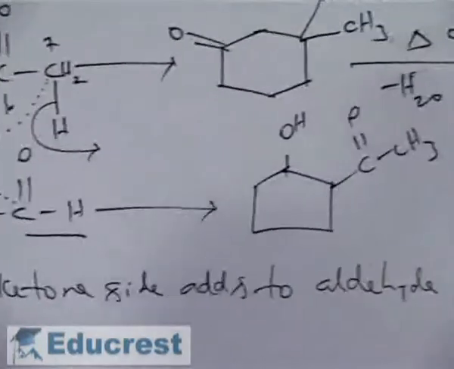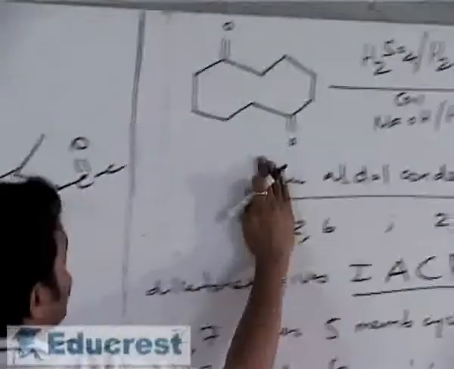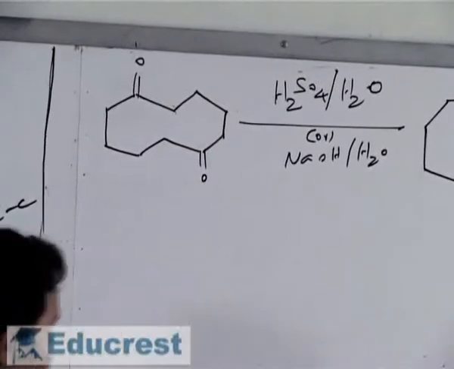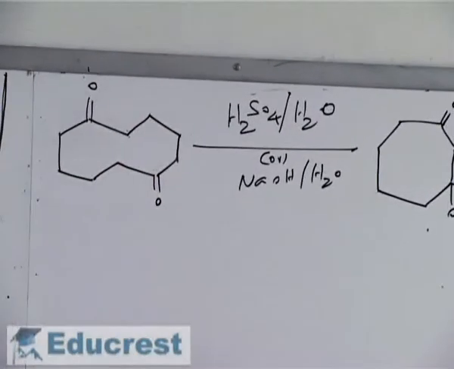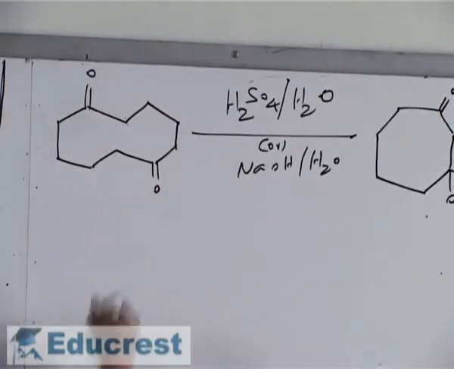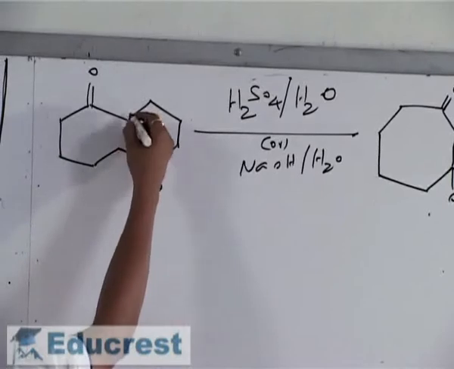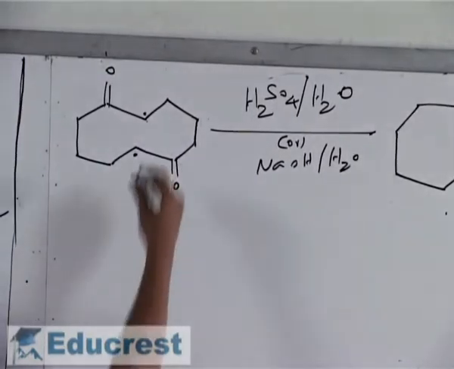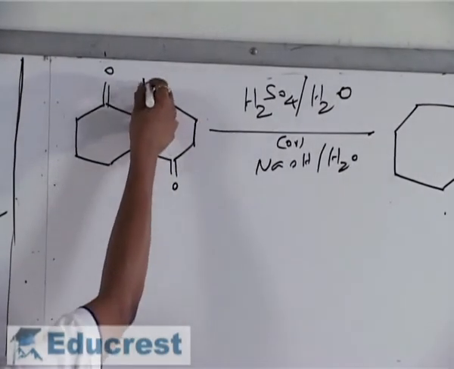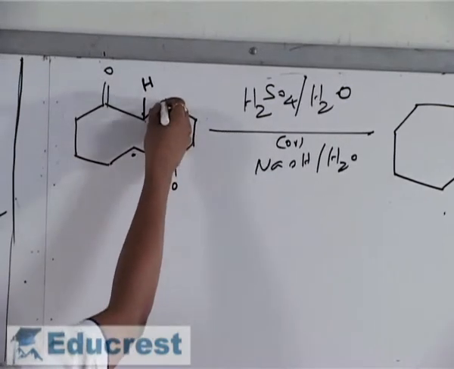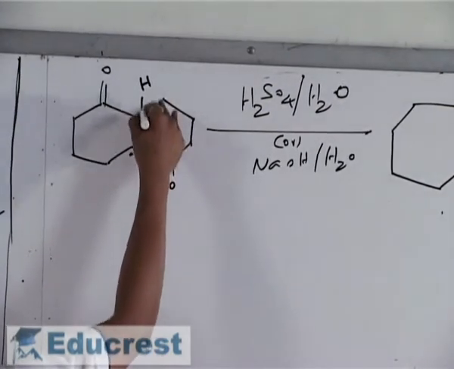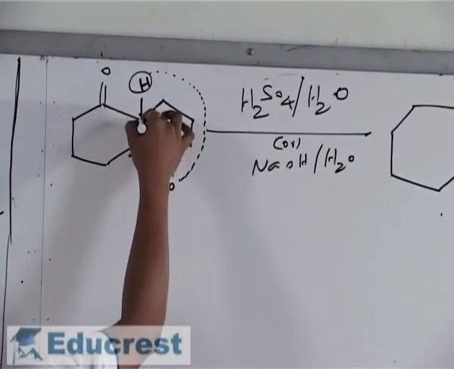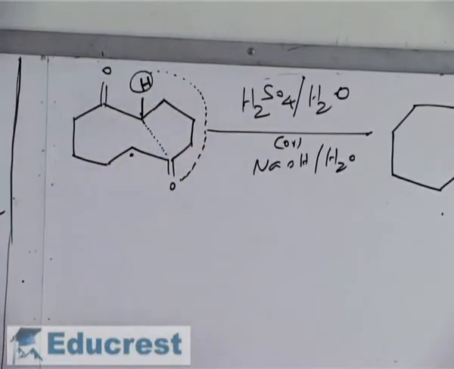Next, just to go through this example. This is a cyclic compound. Now here it is given as a cyclic ketone. Again a symmetrical cyclic ketone, and hence any one of these is an alpha hydrogen, here you have alpha hydrogen, here also you have alpha hydrogen. Any one participates in the reaction. Say I am taking this one. This hydrogen participates in the reaction. Okay? And hence this hydrogen is migrated toward this oxygen, and between these two you will get the bond, right?